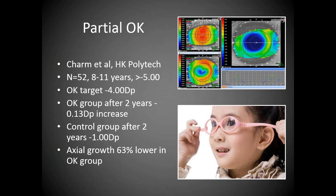So what they did was they took patients that were greater than -5 diopters myopia and targeted in the ortho-K lenses 4 diopters of effect. So they tried to achieve only 4 diopters regardless of if the myopia was 5, 6, or 7 diopters. Then they dispensed glasses during the day to make up the residual prescription. And what they found was that the axial growth in their ortho-K wearing kids was 63% lower in the ortho-K